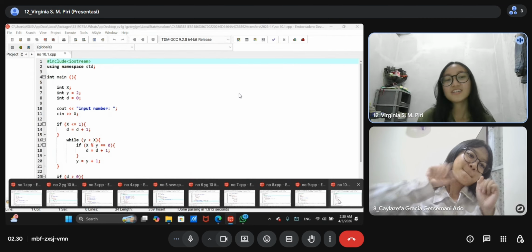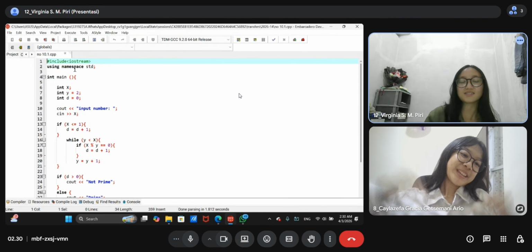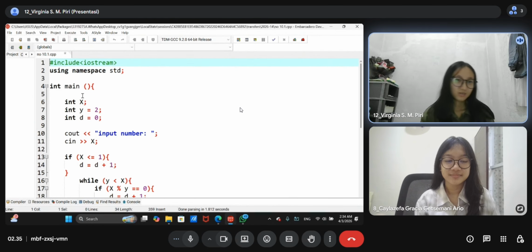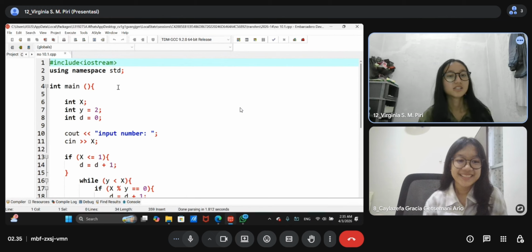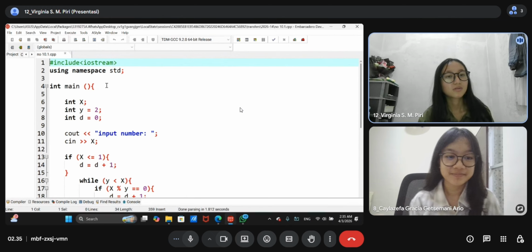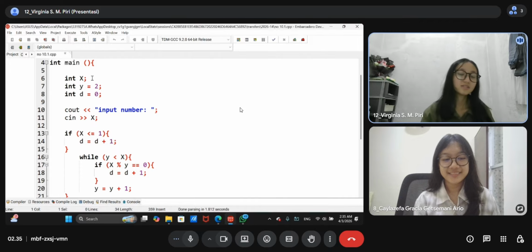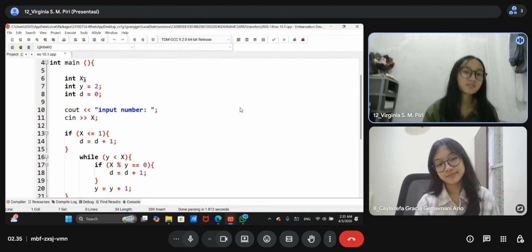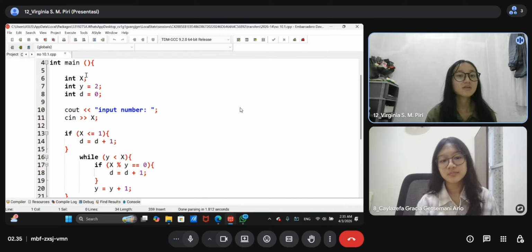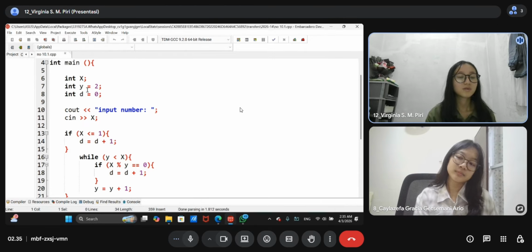We will continue to question number 10, the last one. Okay, so now I will explain the last question. Because we already know this part, we continue to this: integer data types as x, and then we store 2 to y with integer data type.